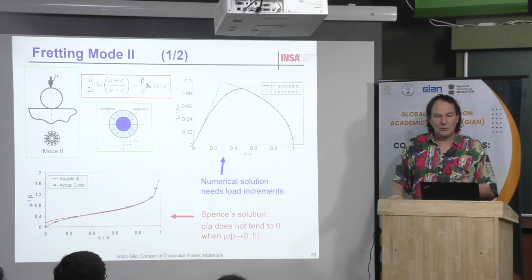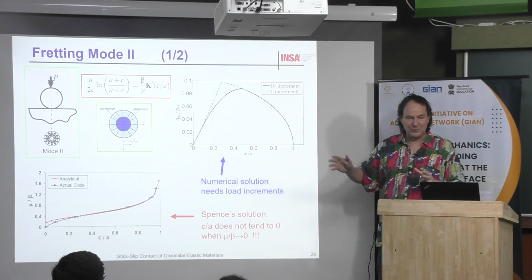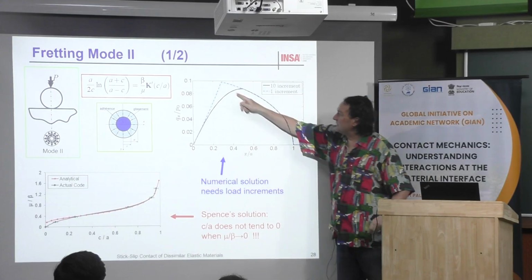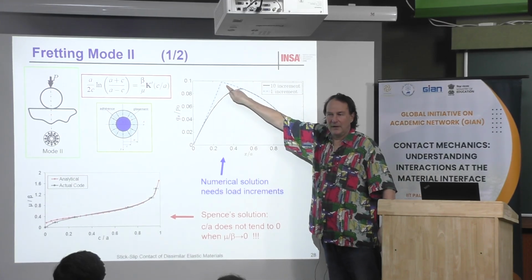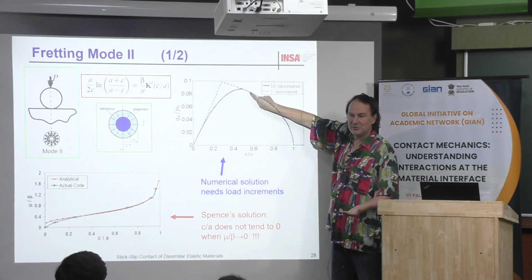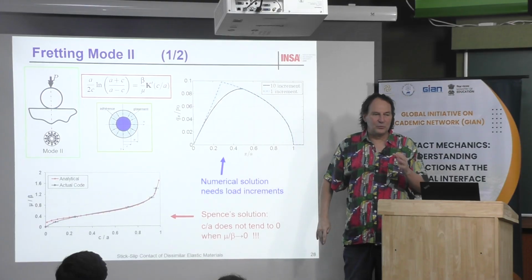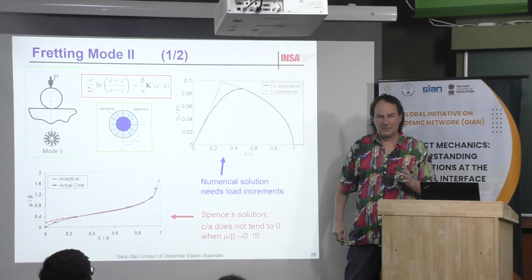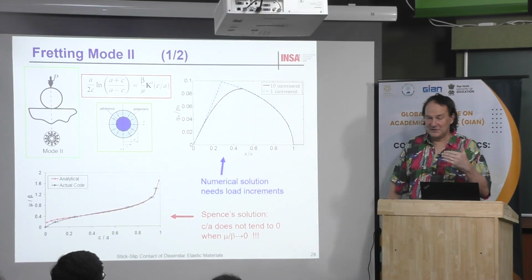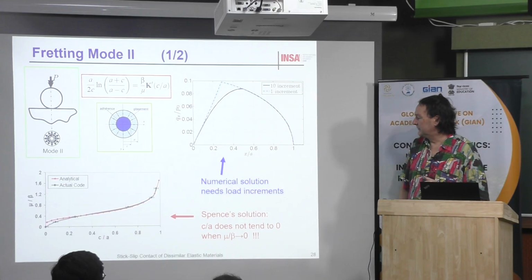And we have the same problem with the contact model. Here, this is a solution if you don't care about that. If we apply the load in 1 increment, we will have this solution. Okay? And the correct solution is this one. This is the Spence solution, in fact. But this is nonlinear. And okay, you have to be careful with that. The contact problem is nonlinear, and when you have friction, it's more complicated. You have to be very careful with that. Okay.